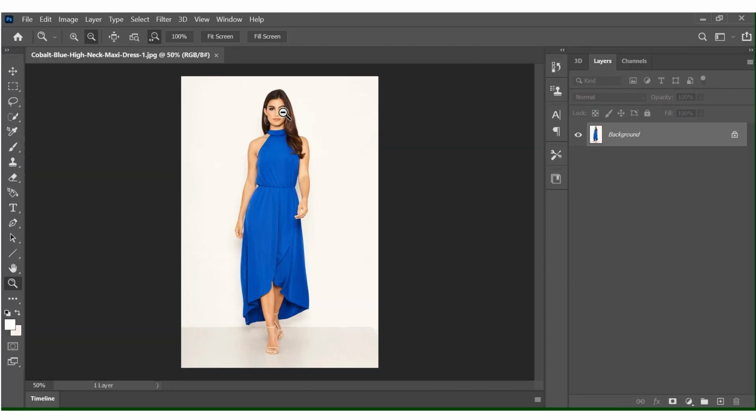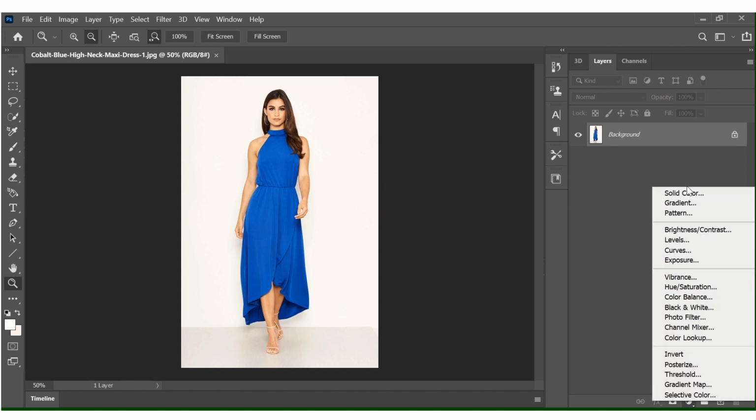and then here when you have your image here, changing the color is very simple, especially when the color of the dress is something which is blue and you don't have any other things around it that have the same color as what you want to change. So in this case, in this image, changing the color is going to be very simple since there is really nothing around it that has blue except for the dress. So in a case like this, all you do is come down here, then you click on this little icon, then you click on hue and saturation,